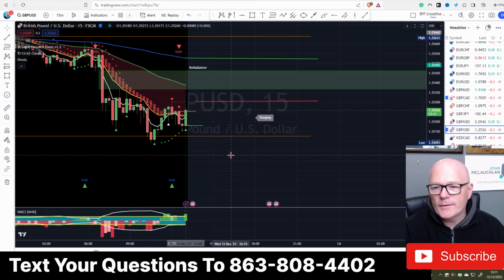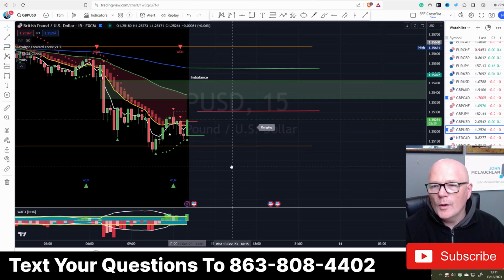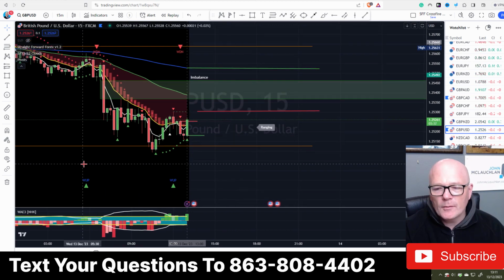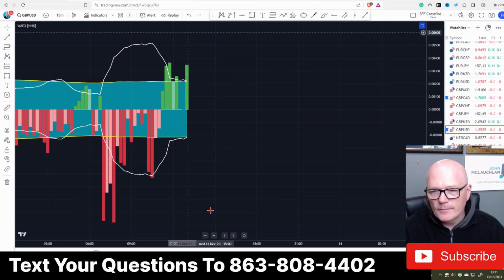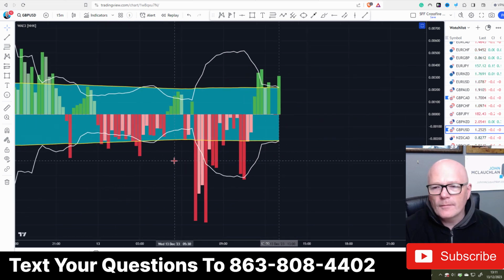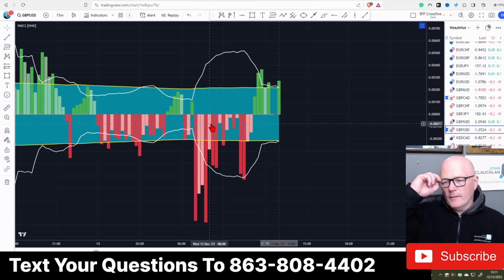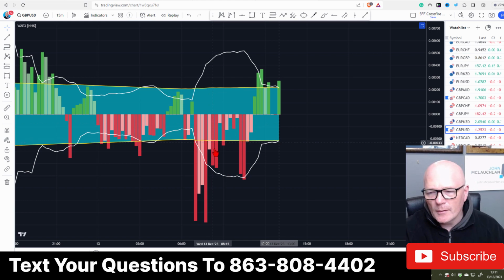And of course the pivots. I like the pivots. I like to work with support and resistance and on pivots. And finally, we've got the Waddah down here. Now the Waddah will give us an idea. The histogram gives us volume in the market. So where's the volume and what's it doing? In terms of a sell, if we look at these dark red histogram lines, I'll call them lines,